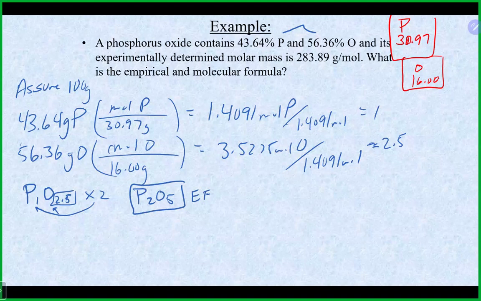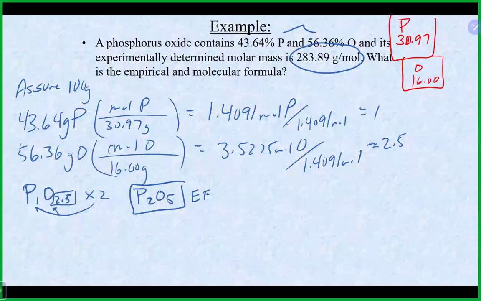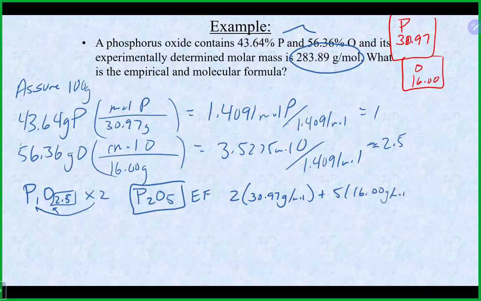So now that we have the empirical formula, that's one of the 3 things that we need to calculate the molecular formula. We once again, for the molecular formula, have the approximate molar mass given to us in the problem. So the third thing that we need is the empirical formula's molar mass. So let's calculate that. We got 2 phosphorus at 30.97. We got 5 oxygens at 16 each. Going to give us a molar mass for our empirical formula